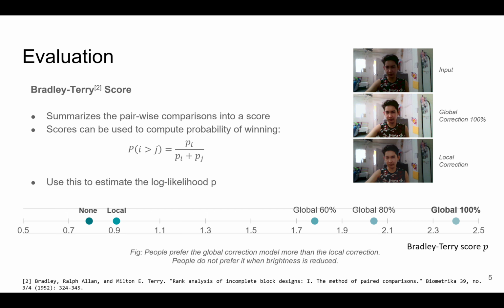This makes sense because our local correction model often reduces Luma in overexposed regions. We further see that the strength of Luma correction is proportional to the score, which is further proof that people do not really care about optimal lighting, they just want the brightest scenes. And since global correction is ranked the highest of all methods that we have, we supply this as a baseline